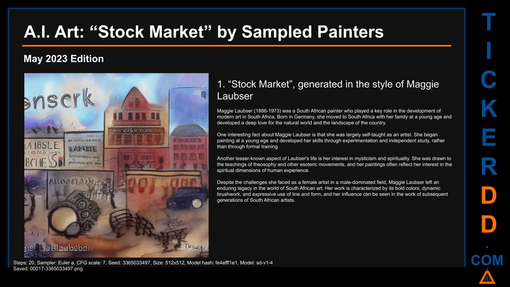Here is stock market, generated in the style of Maggie Laubser. Maggie Laubser, born in 1886 and died in 1973, was a South African painter who played a key role in the development of modern art in South Africa. Born in Germany, she moved to South Africa with her family at a young age and developed a deep love for the natural world and the landscape of the country. One interesting fact about Maggie Laubser is that she was largely self-taught as an artist. She began painting at a young age and developed her skills through experimentation and independent study, rather than through formal